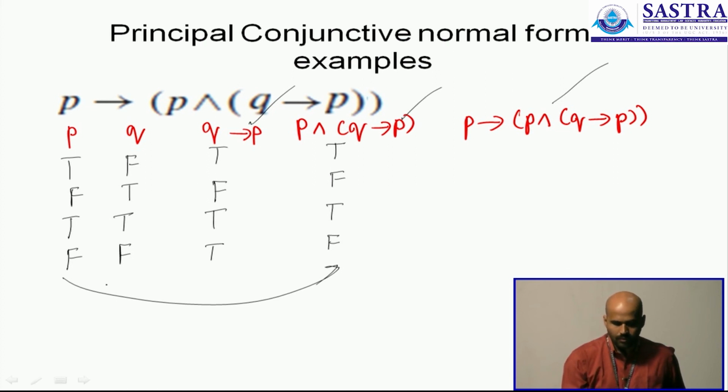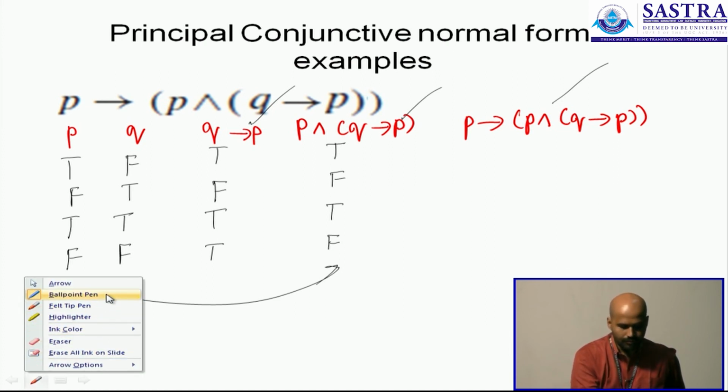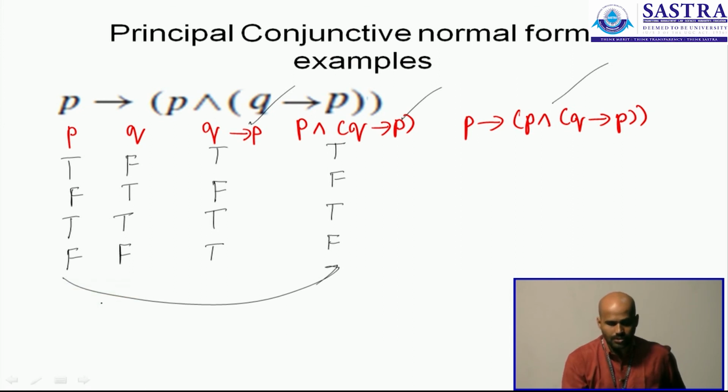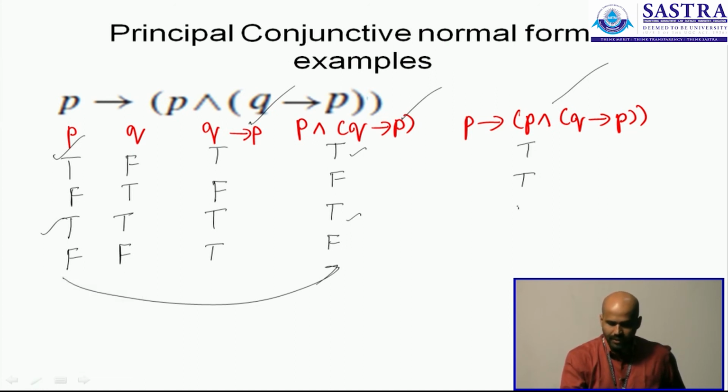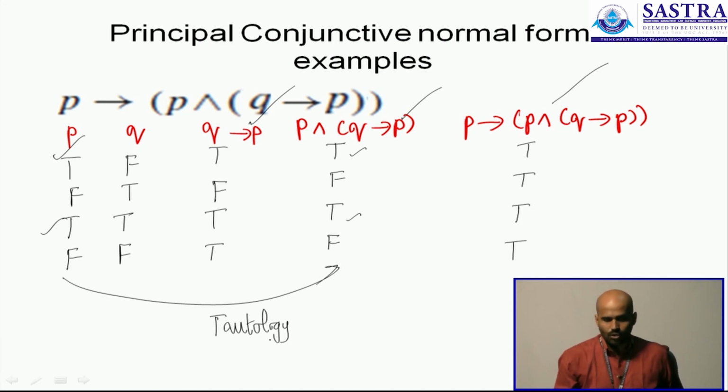And now you see that when you construct the conditional, there is not a single case where the hypothesis is true but the consequence is false. The hypothesis is true in 2 cases, and in each of the cases the consequence is also true. So in these cases you have true everywhere, which means the given compound statement is actually a tautology. All of the entries in the output column are true.